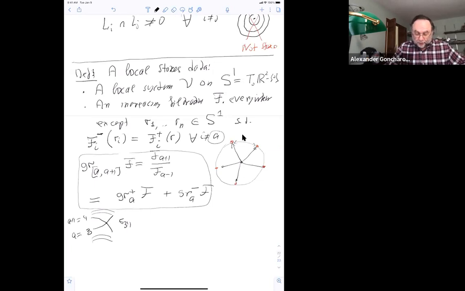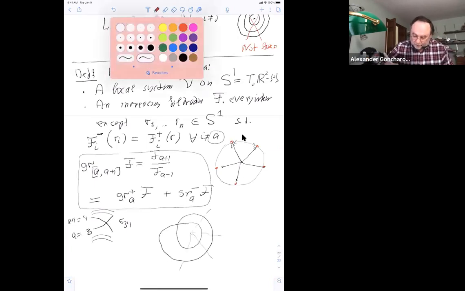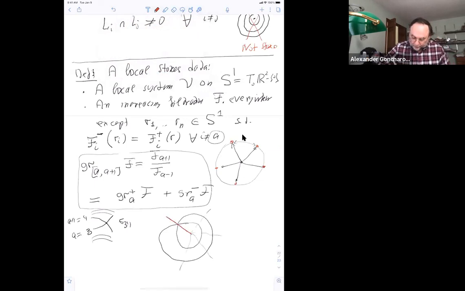And so once again, if you imagine that you have this picture with a braid, something like that, then you have a filtration, which is everywhere. But at this moment, here, something happens with your filtration, because what you see to the right and what you see to the left, they don't go continuously to each other. They jump, and how they jump, I just explained. And now you realize, so this is a notion of a local Stokes data.